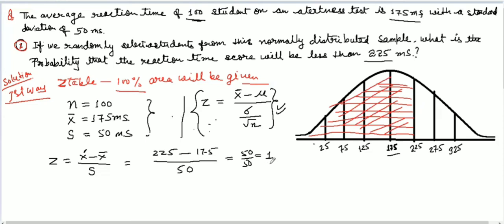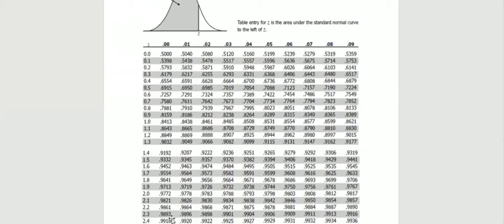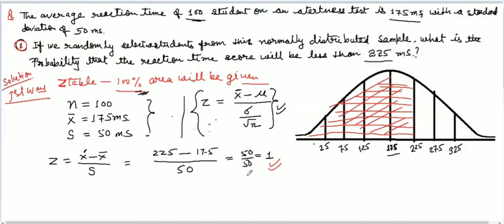So as we are using z-score, here our z-score is 1. Now in my first way, I'm going to use the 100% z-score table. So let's find the 100% table here. This is your 100% table, and go to the first column. This first column shows you the z-score, and your z-score here is 1.